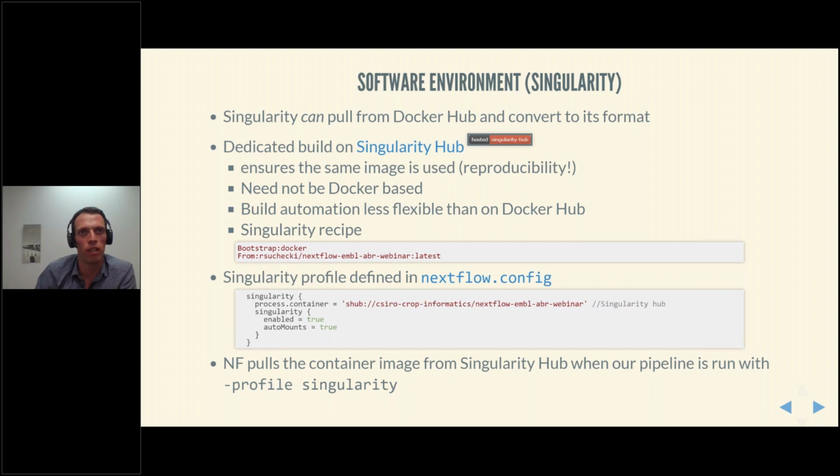And again, we have a profile defined in the Nextflow config where Singularity can pull the container from Singularity Hub. And if you just stick to Docker, you could just put in the Docker repository here as well, with some downsides for reproducibility perhaps, because the container will be rebuilt locally only.